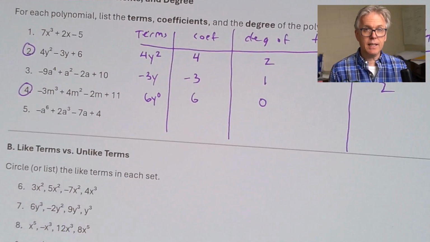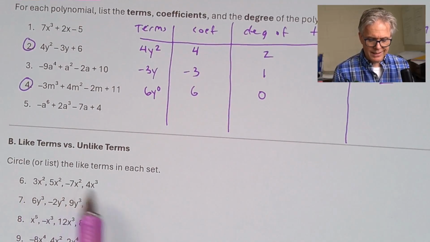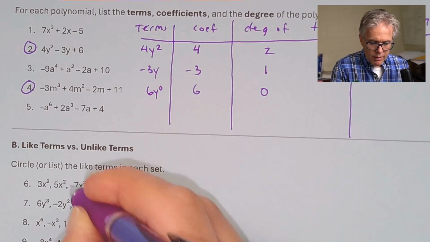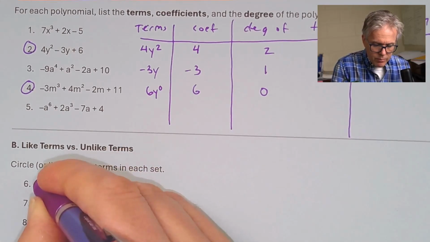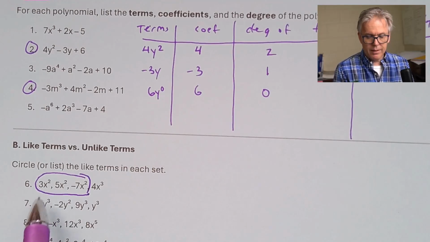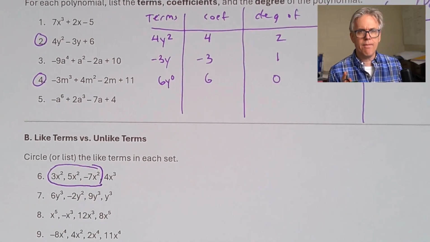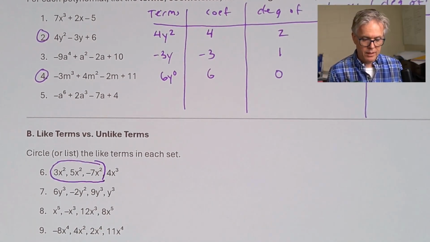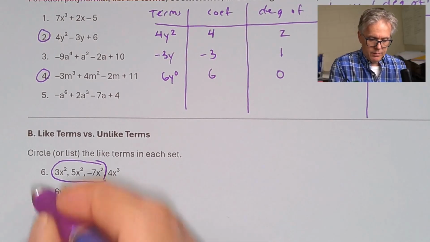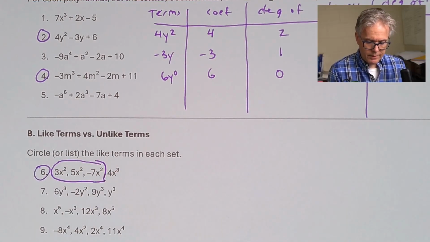So like terms versus unlike terms. So circle or list the like terms in each set. So let's see what we got here. Actually, all of these here are like terms, right? These first 4. Like terms have the same variable with the same exponents. So these are all squared. Can't combine that with that. So there's number 6. Oh, how about number